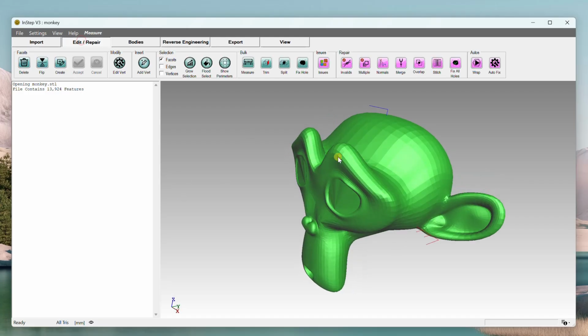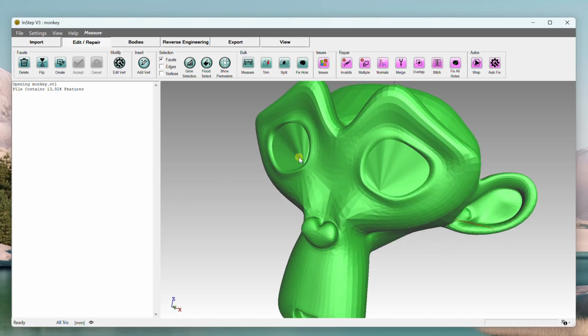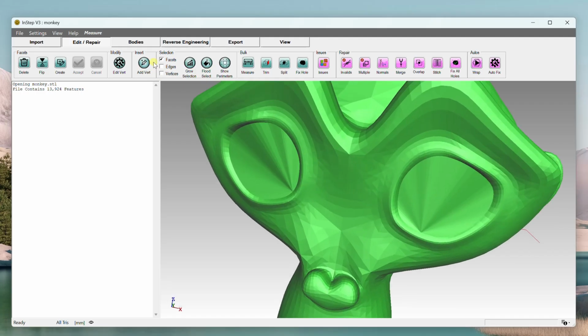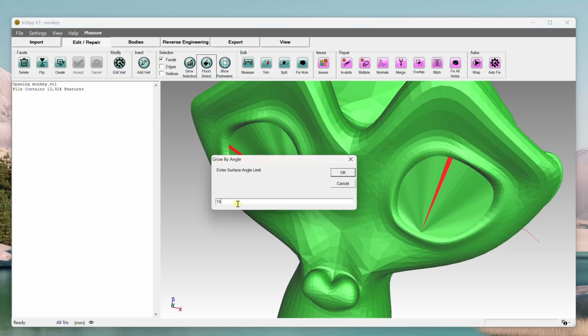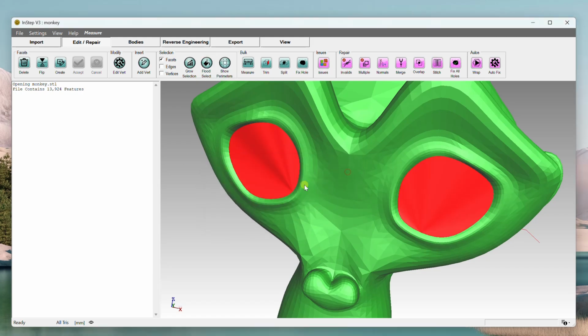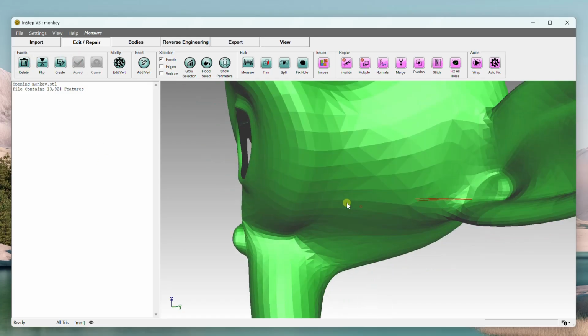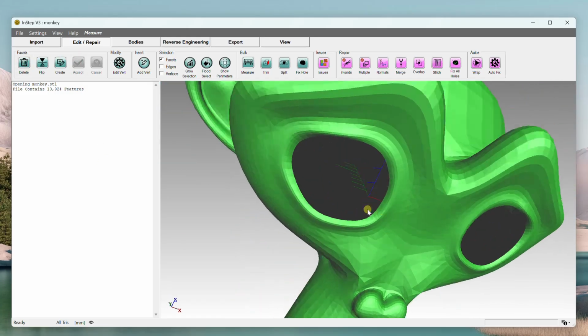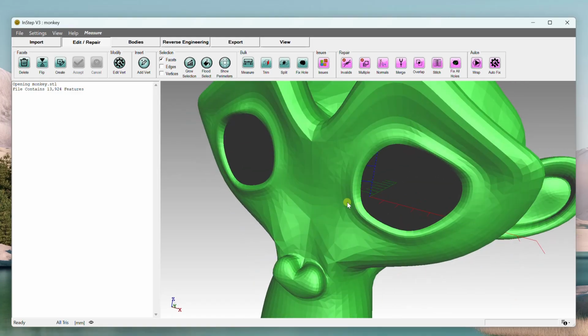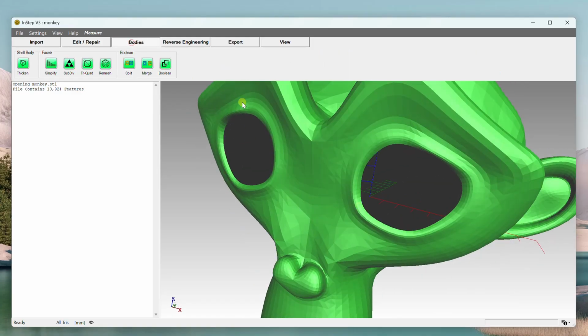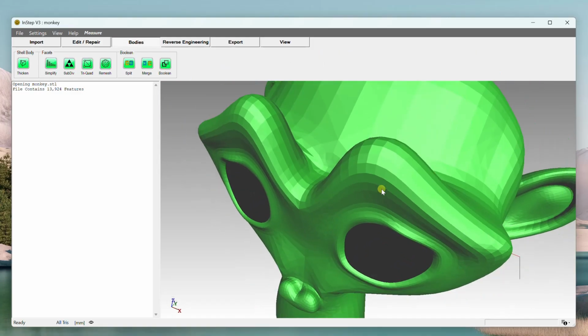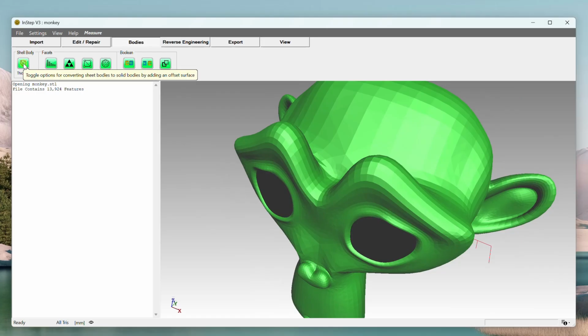I'm going to make two quick edits here. We're going to select two facets, one on each of the closed eye sockets, and we're going to flood it up to a 10-degree angle limit, and then we're going to delete those facets and apply that change to the data. So we've seen that in the edits tab. That's nothing new here. Now on the bodies tab though, we're going to take first a look at the shell body section,